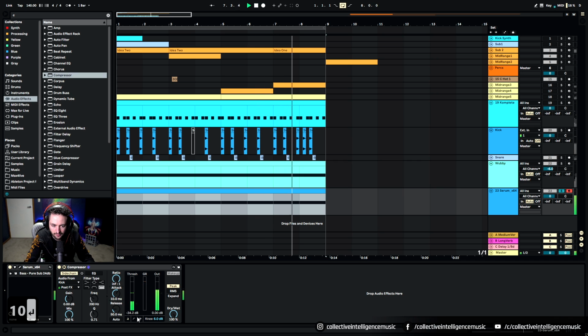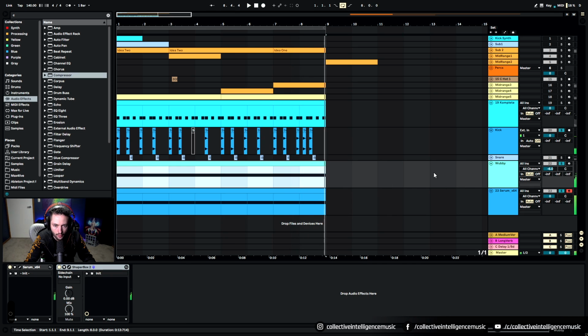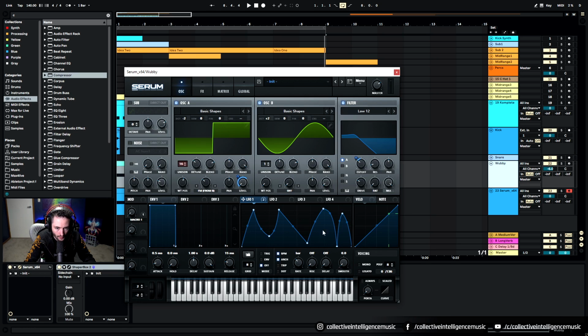Actually, it's pushing that. Whenever the kick plays, it's pushing the bass out of the way, right? And now what we can try and do, that's all very confusing sounding right at this moment, is we can